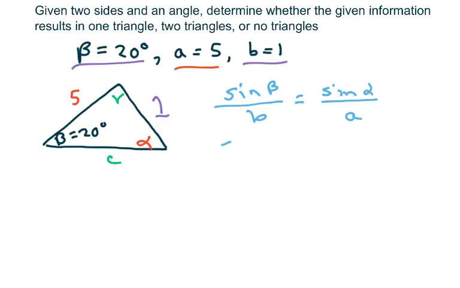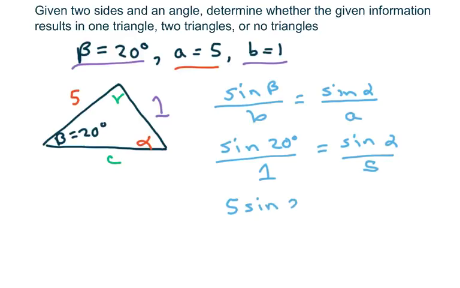All right, so we have sine of beta over little b equals sine of alpha over little a. Therefore, sine of 20 over 1 equals sine of alpha over 5. You cross multiply, you get 5 sine of 20 equals sine of alpha. And when you put this in the calculator, you're going to get